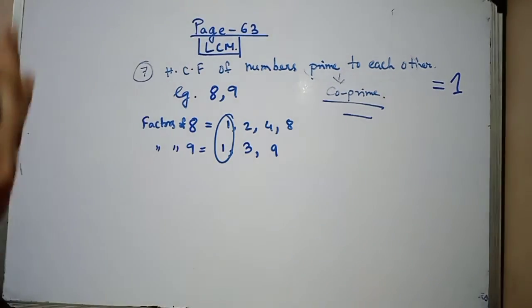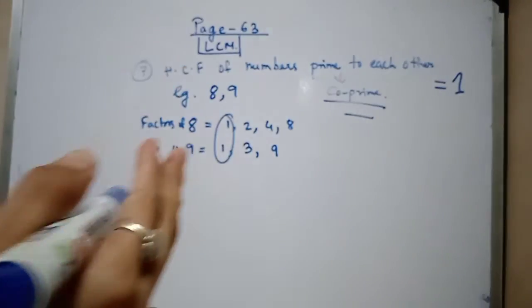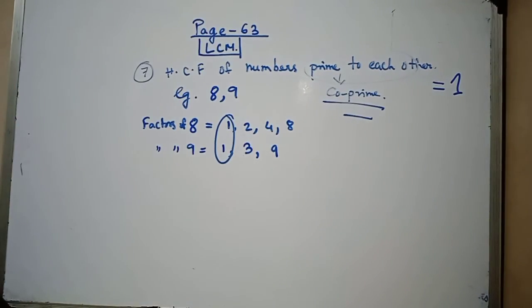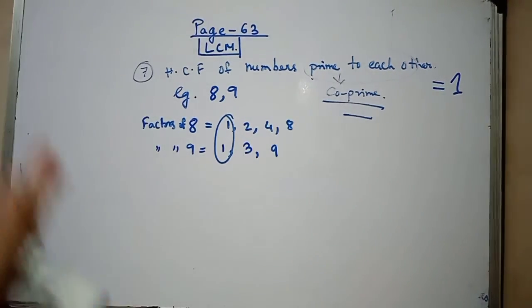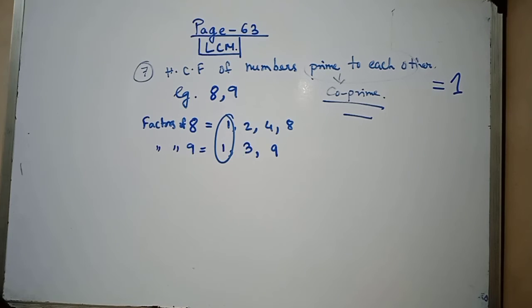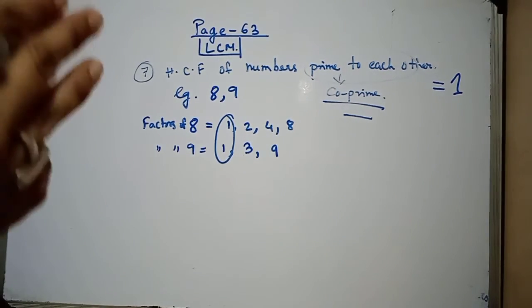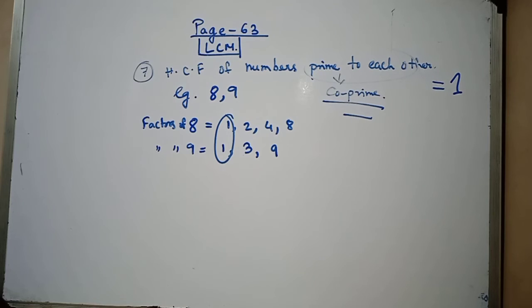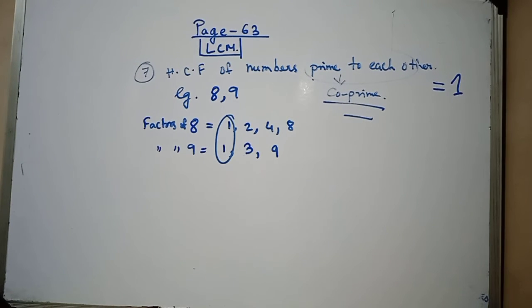But if I am telling you only prime numbers, that is, prime numbers are 5, 7, 3, 11, 13, these are prime numbers because they can only be divided by 1 and the number itself. And co-prime means I am comparing two numbers. I am taking two numbers which are prime to each other, that is, two numbers which do not have any common factor between them. Okay.